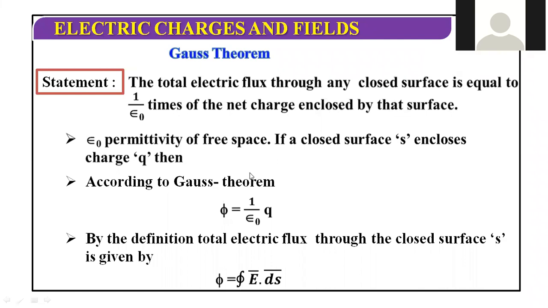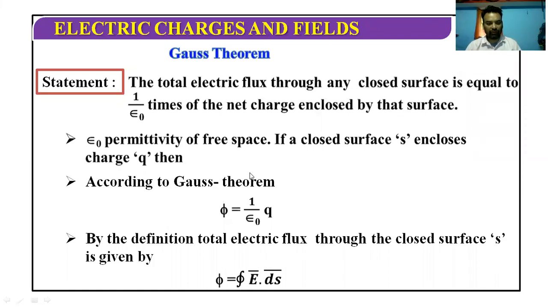So we were discussing the Gauss theorem, and in our earlier lecture, I briefed about the Gauss theorem and how Gauss theorem and Gauss law are more advanced than the Coulomb law. There were some drawbacks in the Coulomb law, that's why we shifted to the new law. What were the drawbacks in the Coulomb law? Coulomb law was applicable only for point charges. We were able to find the force between only point charges.